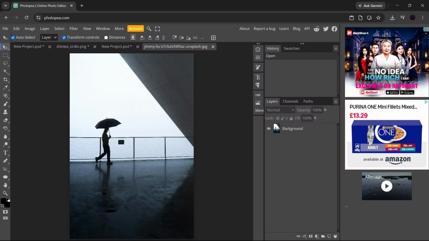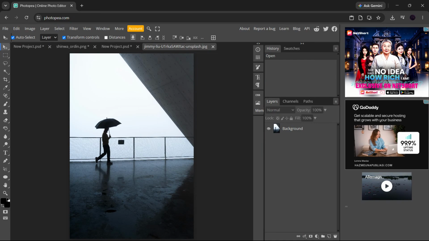If you want to turn a photo into a bold halftone effect in Photopea, you're in the right place. In this video, I'll show you exactly how to halftone a photo in Photopea step by step, and I'll also explain the settings so you can control the final look, whether you want a subtle print style or a loud